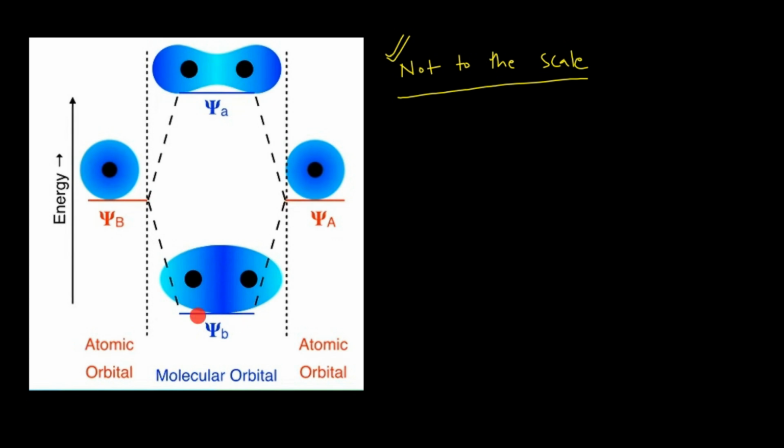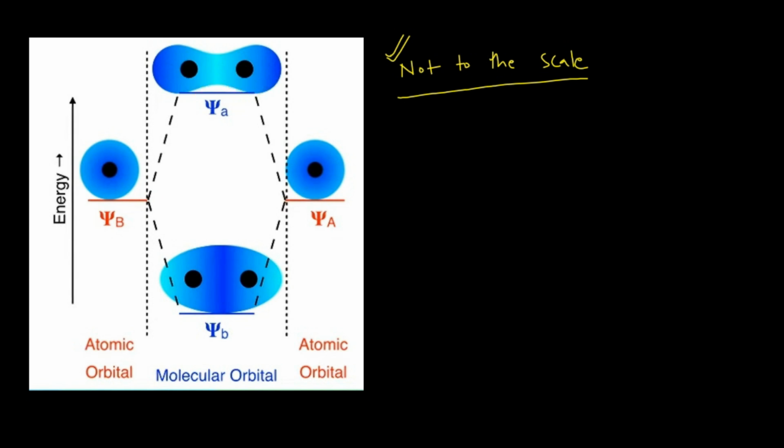See why this is low in energy? Because this energy is lower than psi A and psi B, and when they have the low energy, this is known as the bonding molecular orbital. These are the two nuclei over there. And another molecular orbital will have higher energy than the combining atomic orbitals, which is known as the